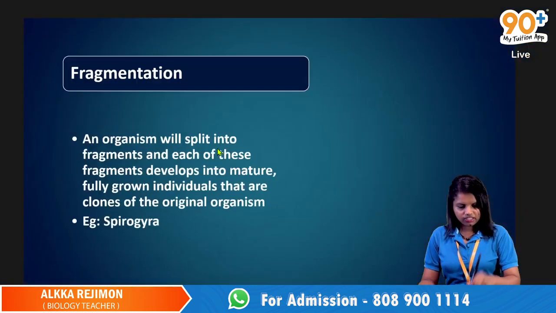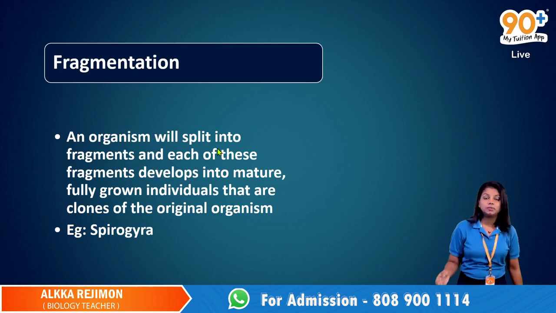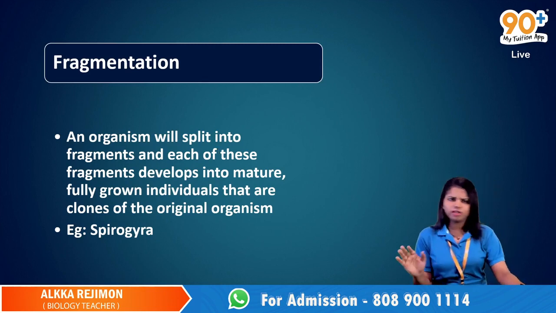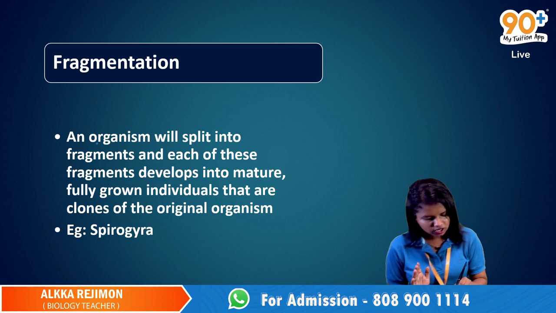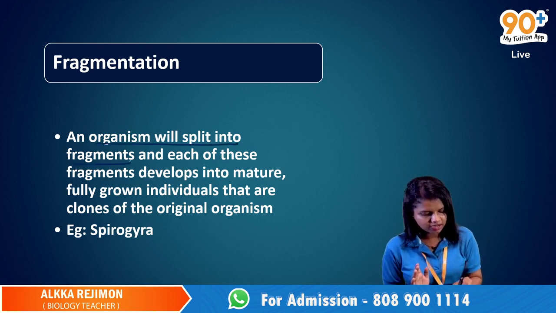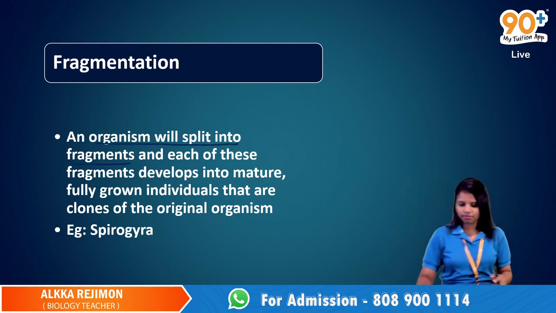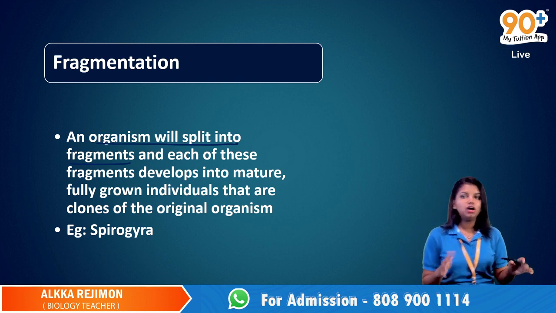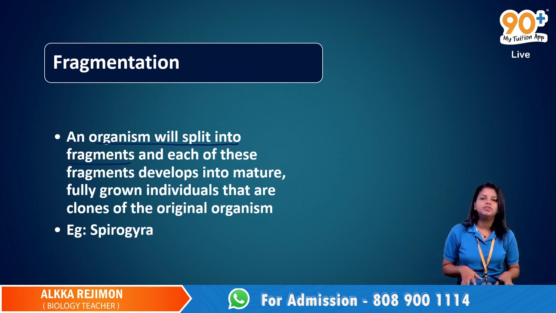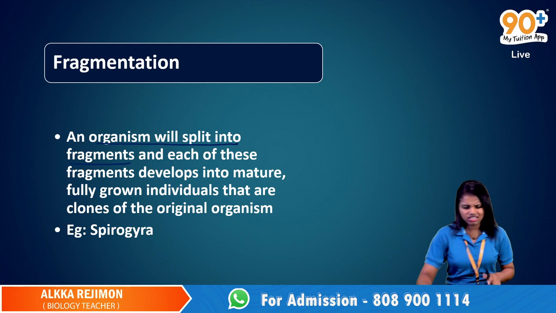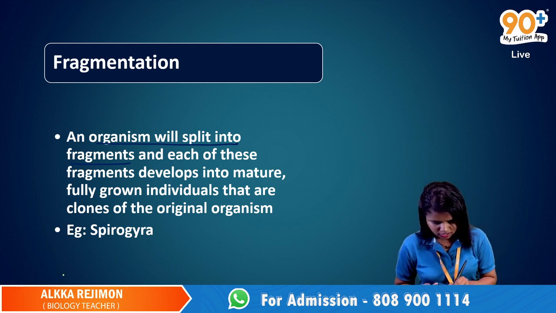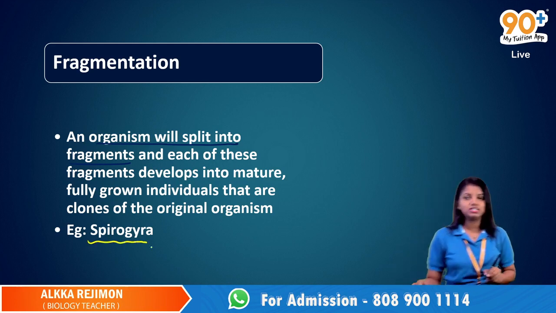Now we have the next kind of asexual reproduction, which is fragmentation. Fragmentation is basically when an organism splits into two fragments, and each of these fragments can develop and mature into a fully grown individual. That is fragmentation. And this kind of division can be seen in the lower group of plants and animals, like